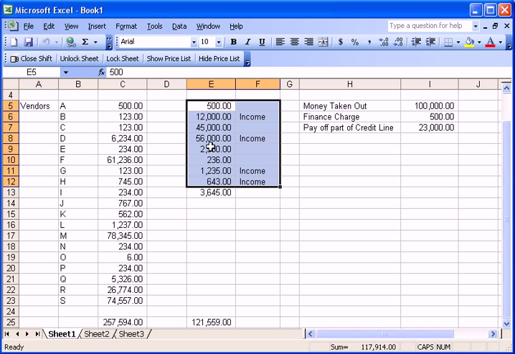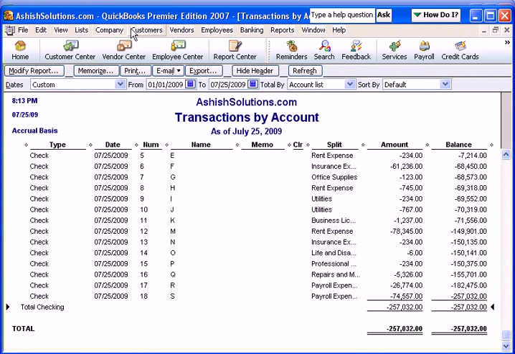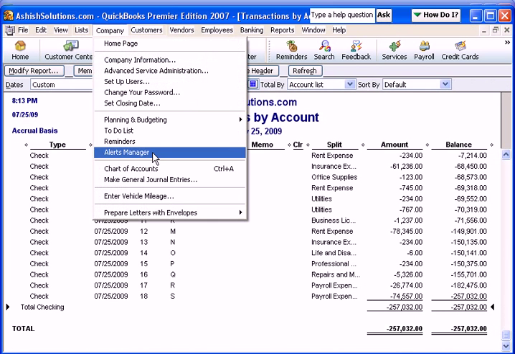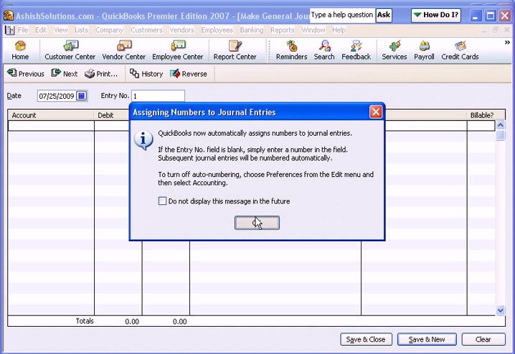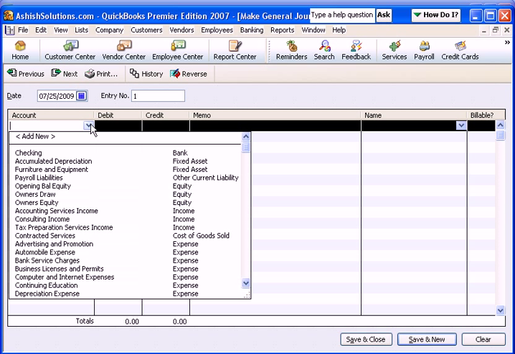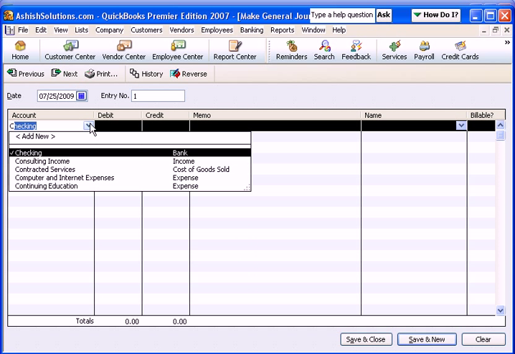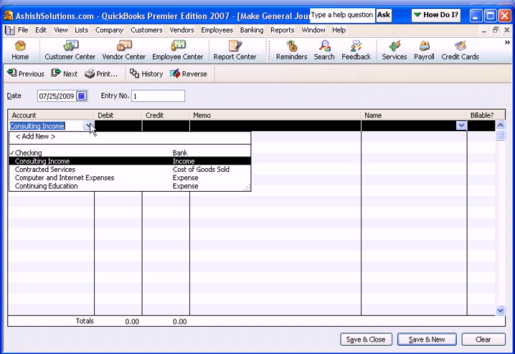For now, let's work on income. For income, you see in the business, you'll have income coming in from various sources, so you want to make sure that you're properly accounting for that. The easiest way that I found that you could do this in QuickBooks is if you go to company, make general journal entries, okay, and you type in, you want to debit your cash account, so you want to put checking account here,